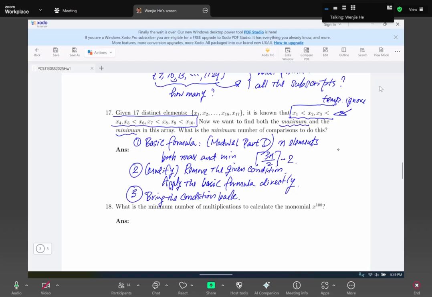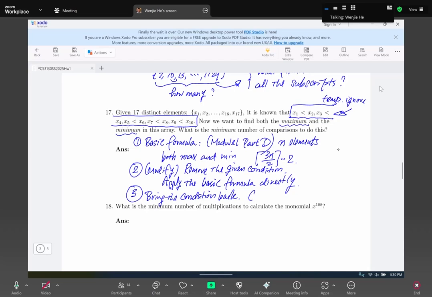That's the problem-solving strategy we learned in our Monday's class. To bring it back, then you can see after we add this condition back, you need to